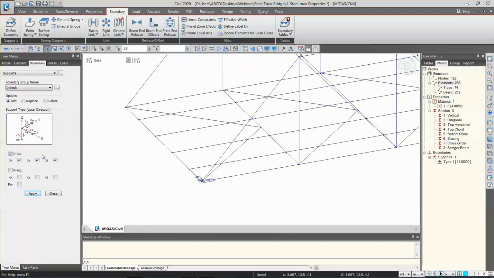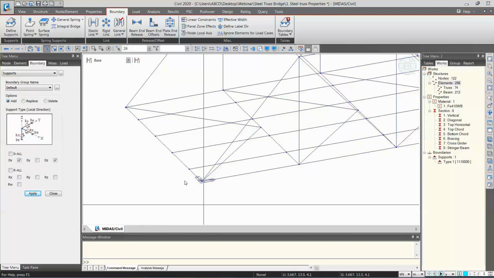Usually this is done mainly because of temperature stresses. As you are aware, temperature stresses are not only dependent on its type, that means whether it is fall or rise, it is also dependent on the boundary condition. So that's why we usually do this.